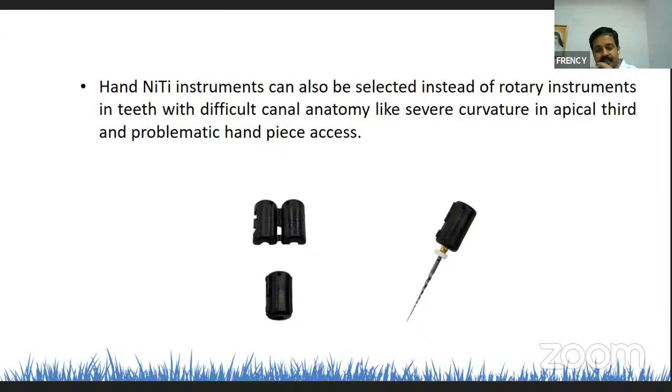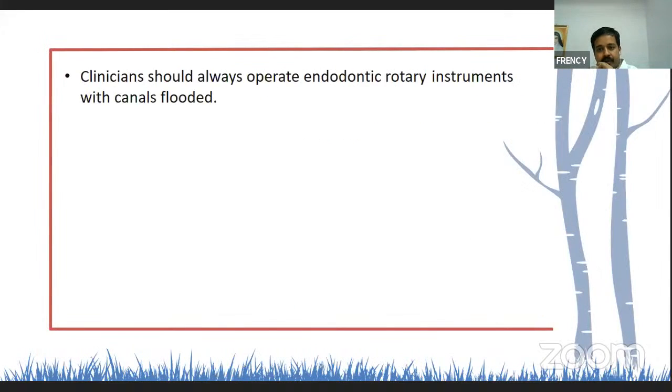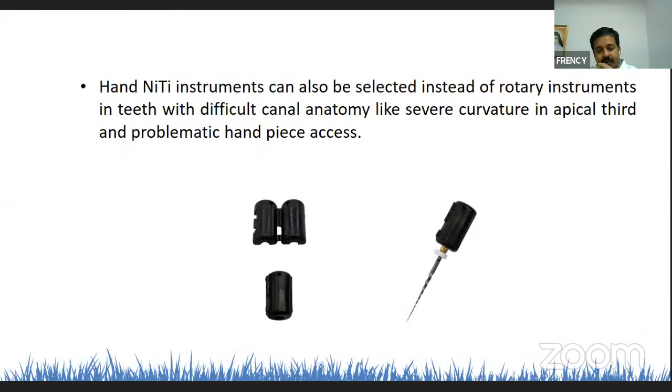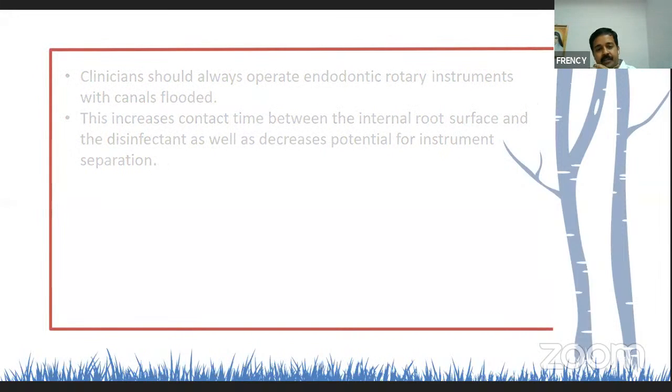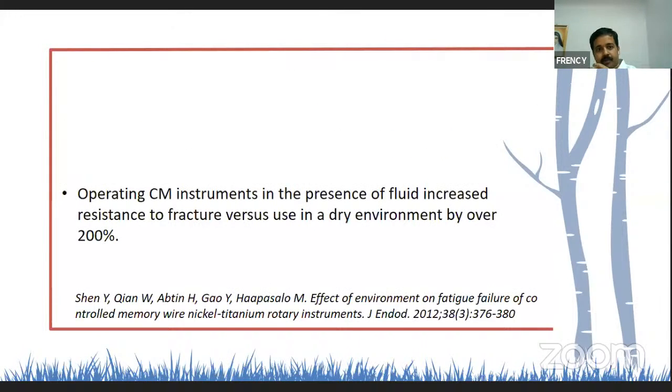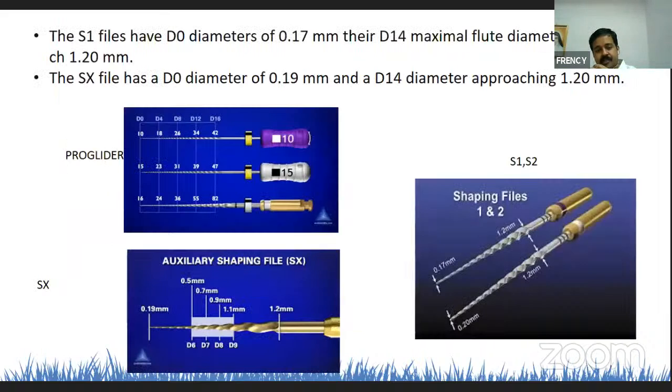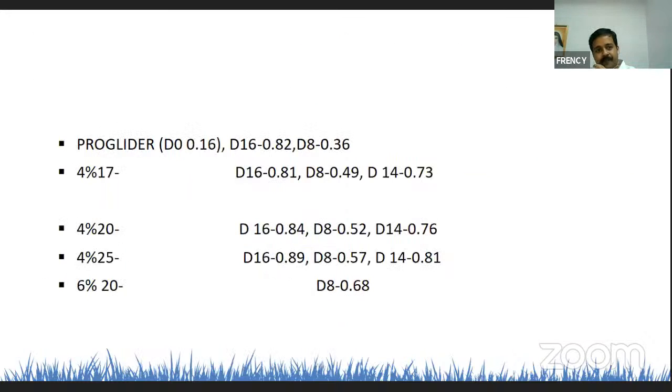You can use these hand files with a hand file adapter for converting rotary into hand files. Then always make sure that you are instrumenting in the presence of irrigation, because instrumenting in the presence of irrigation will reduce the instrumentation stresses. And always have an idea what type of instrumentation you are using, what type of file diameter it has. If you are using these types of files, you should have a mental idea of what type of tip